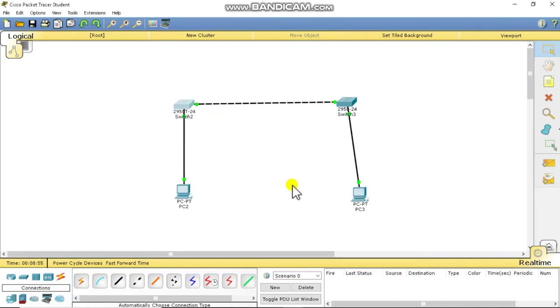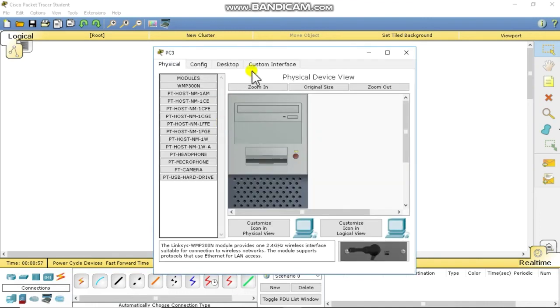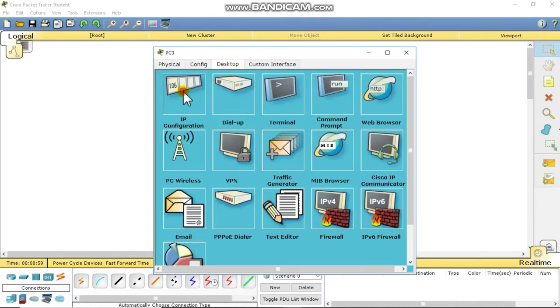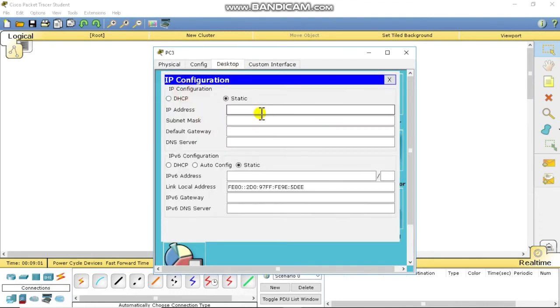Now I'm going to access it. Go to any PC and give an IP to this PC. I want to give this IP.